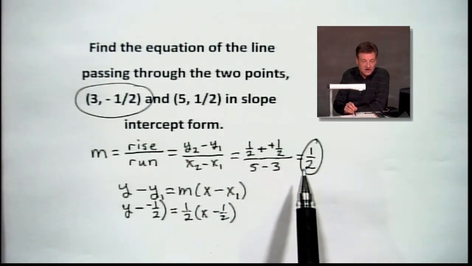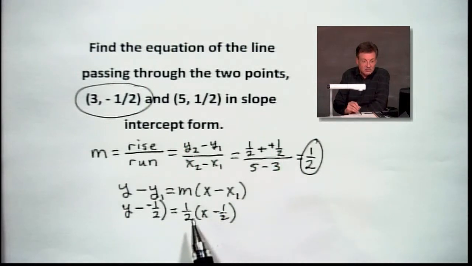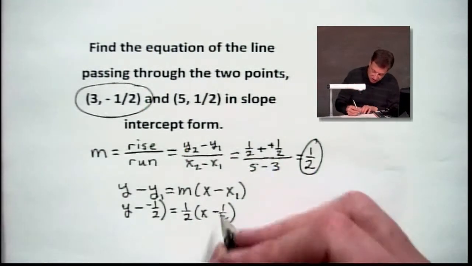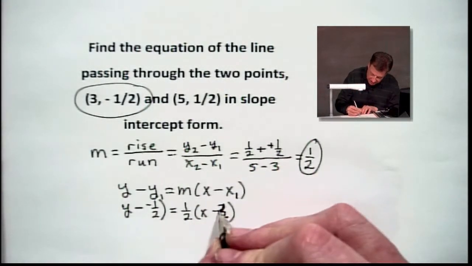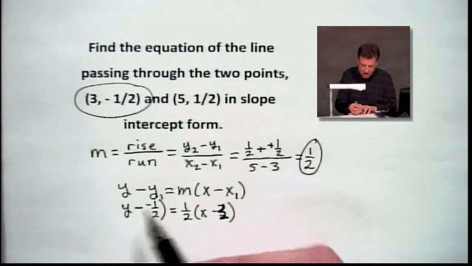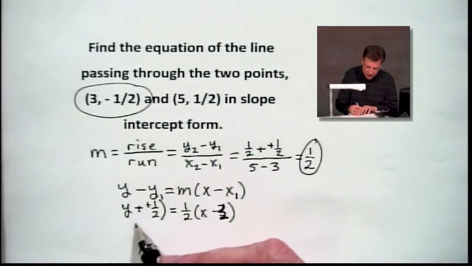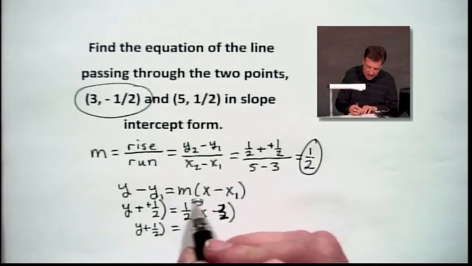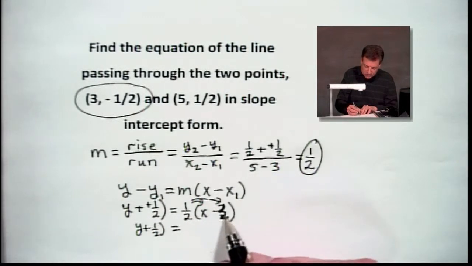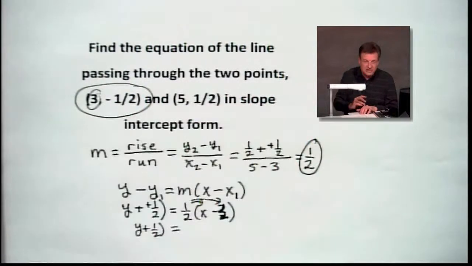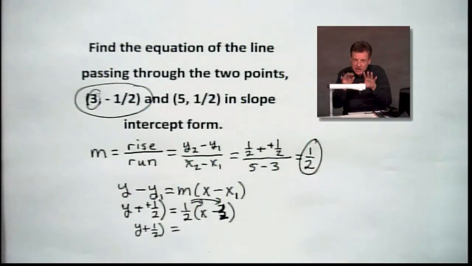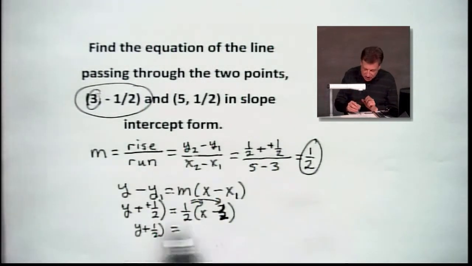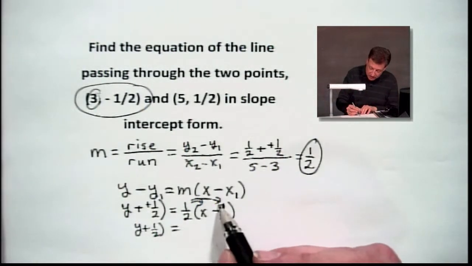So we had 1/2 here, and we're putting in, no, we didn't put the right thing in there, did we, folks? Y'all catching me? That should be minus 3. Be careful. There's y, which is going to be y plus 1/2, by the way. We got y plus 1/2. Here, we're going to distribute that 1/2 through, and by the way, I'm using minus 3 because that's what we got there. So again, sometimes I switch up on you just to make sure you're with me, all right? We get kind of lazy there. We see all these halves, we just run halves everywhere, but that's not what we got there, okay?